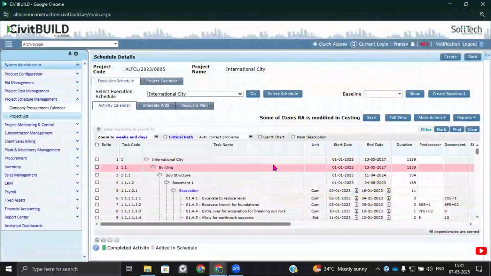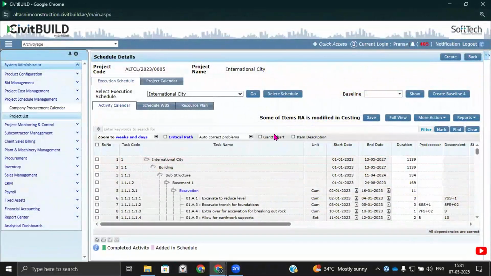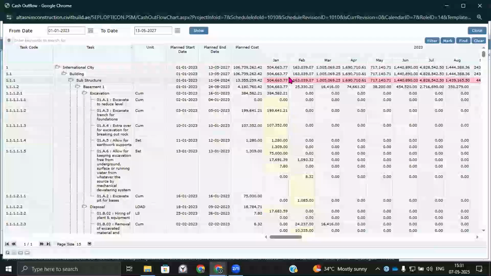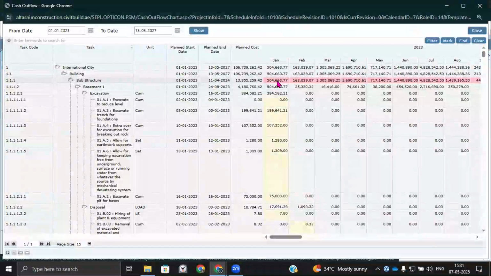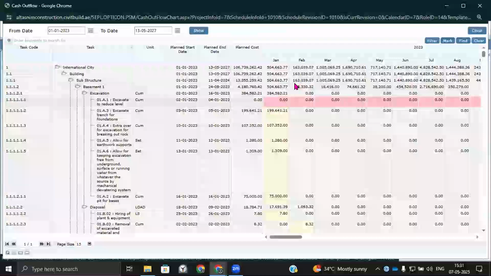Another benefit of creating the entire project scheduling, dependencies, and planning is getting a report like cash outflow, which is an important decision-making tool to understand how, based on my planning, my cash is going to flow out as the project progresses.